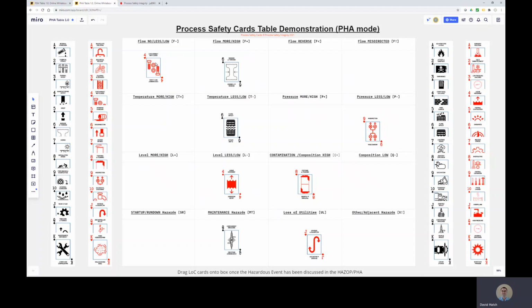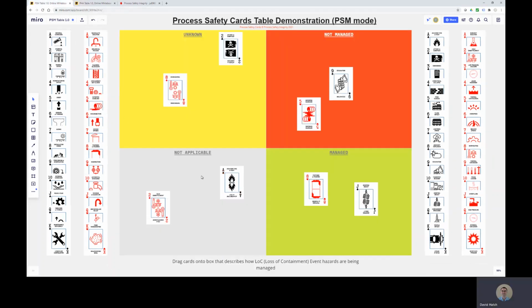We could use different styling, whether it's human factors, whether it's ignition sources, whether it's occupational safety. So many different opportunities, whether it's in analysing your hazards, whether it's managing or monitoring your hazards. We think there's some really effective and efficient ways to collaborate across the business.